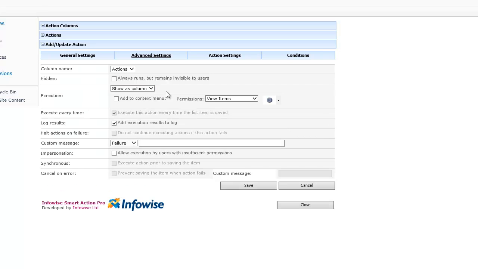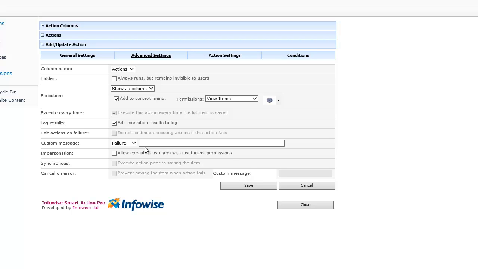And that means that the action will be executed manually. And we actually add in a column that you can click on to activate this action. Or you can even add a context menu and ribbon button. Here you can specify, for instance, the icon that goes to your ribbon and the permissions required to see that option. So there are some additional options here as well that are covered in more details in the user guide,